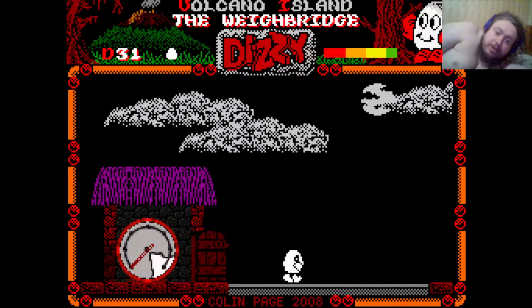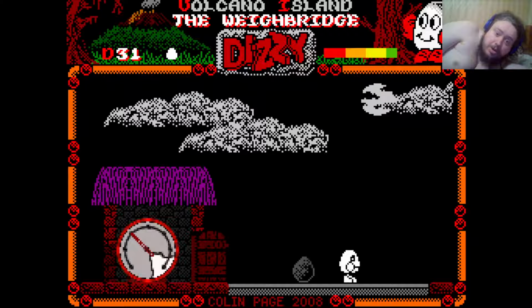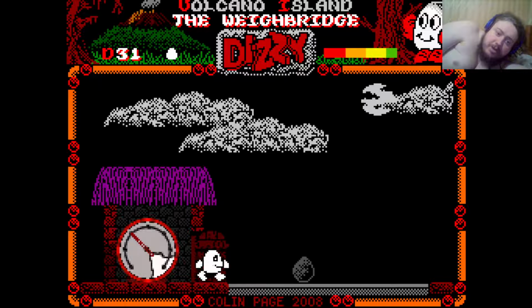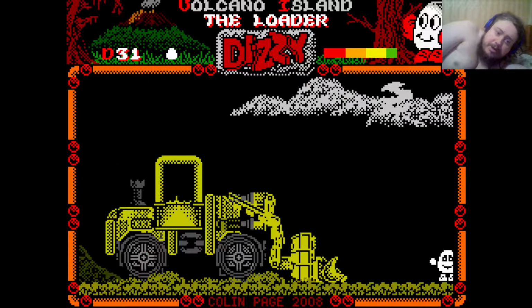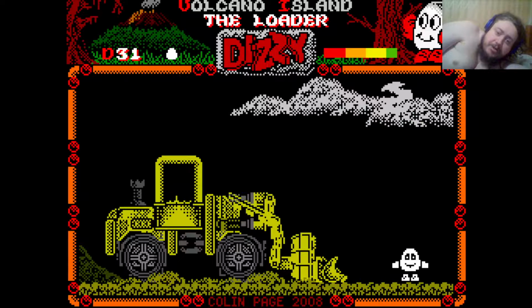Okay, then let's try the heavy rock here on the weighbridge. You placed the boulder on the plate, boy. So I wonder what this does, or if maybe we need to place lots of boulders on the weighbridge in order to get the red finger all the way to the bottom right corner, presumably. And to think all the trouble we had just finding one heavy boulder, eh? Anyway, yes, now that I've solved that puzzle, let's save our game and